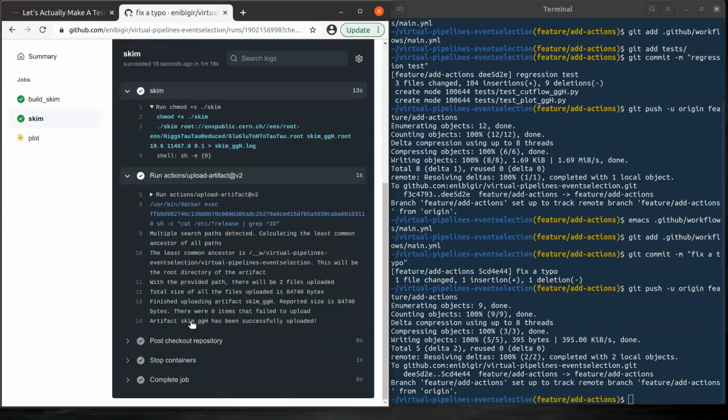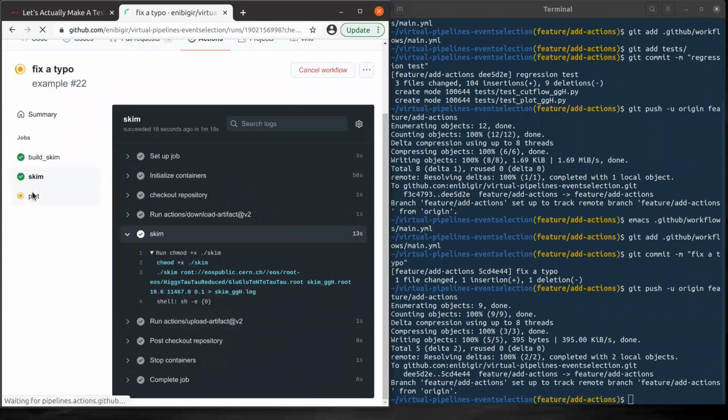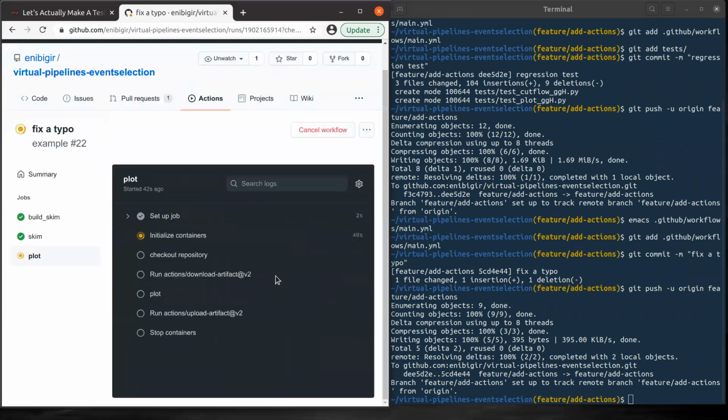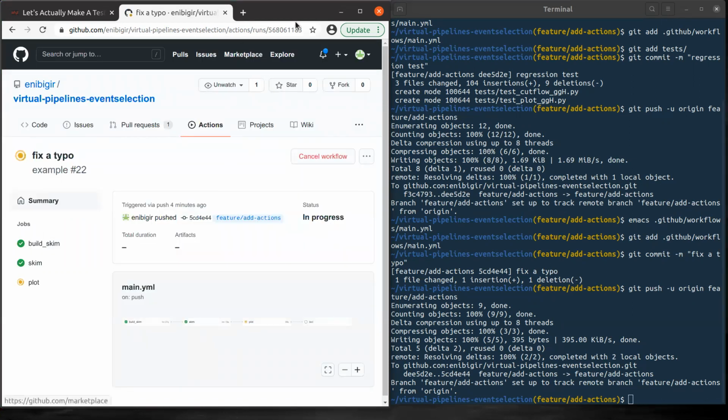Then we uploaded 2 files. We can see that here. And then, okay, that's fine. So now let's hope this will pass. Okay, initializing container. Okay, let's wait for a moment.